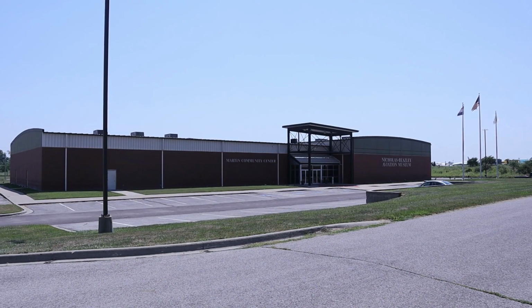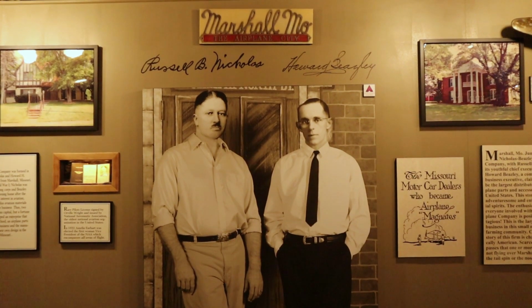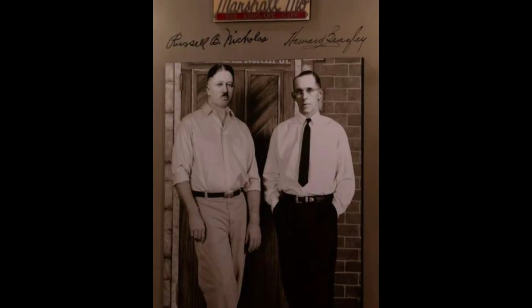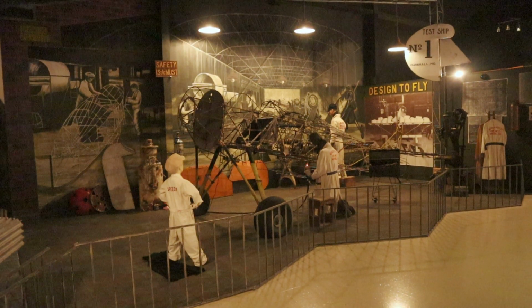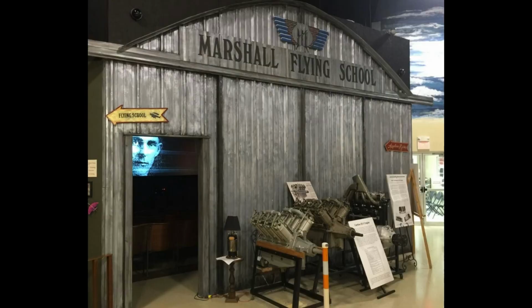Now, the Nicholas-Beazley Airplane Company was founded by these two gentlemen, Russell Nicholas and Howard Beazley. They started off as an air parts supply company. For wholesale, they bought propellers and things like that from the Jennies that the U.S. Army used during World War I, and they bought them for fairly cheap, marked them up, and made a nice, tidy profit. They were very successful, and as a result, they actually were able to start buying other parts and